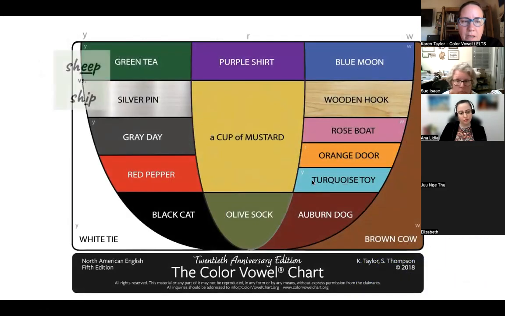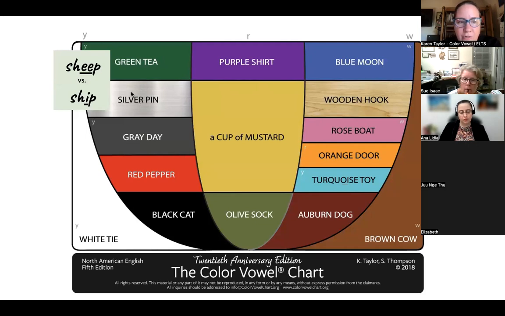So we can take words like sheep and ship, and when they ask that question, we can go straight to the chart and say, well, what color is sheep? What color is ship? And when we listen to their answers, we'll now understand the nature of the problem. If you say, what color is ship? And they say, is it green? And you say, okay, there's the issue. We need to explore the difference between